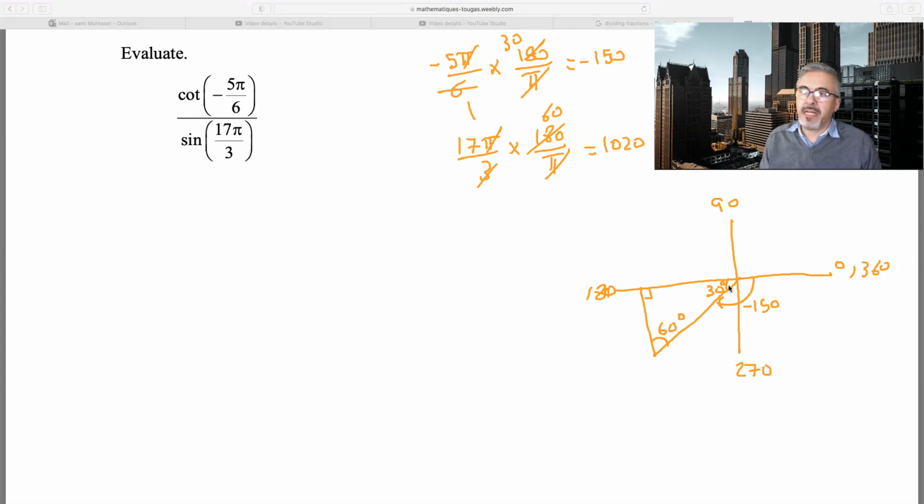And this is the special angle triangle where the opposite to 30 is 1 and the opposite to 60 is √3. But both of them will be negative. The reason is the x-axis here is negative and the y-axis here is negative. Now, let's graph also the